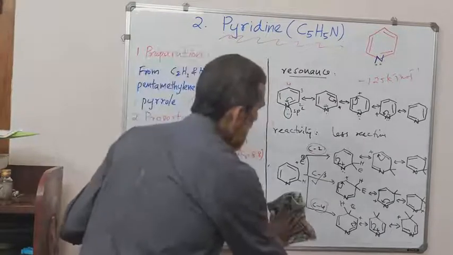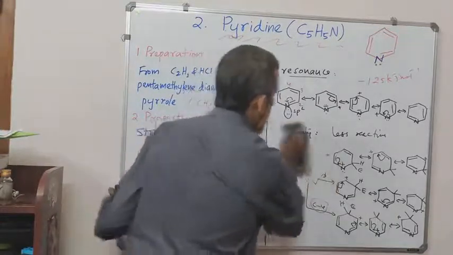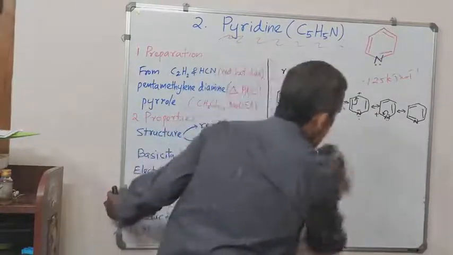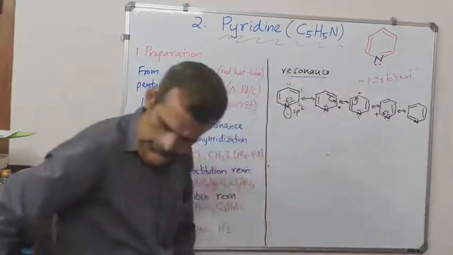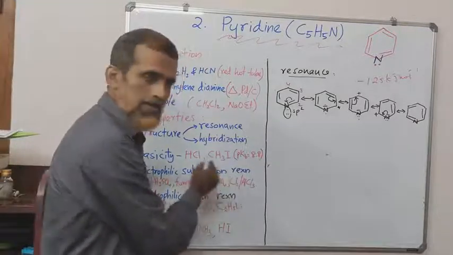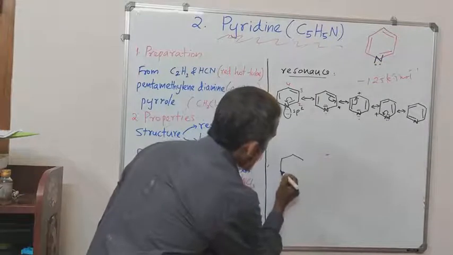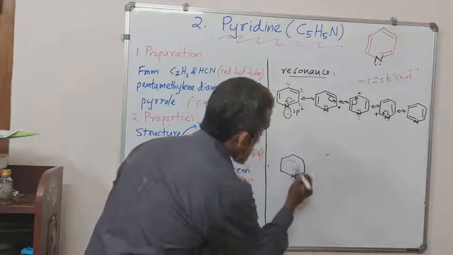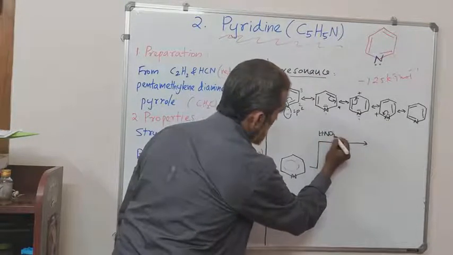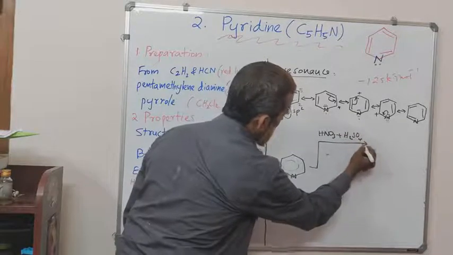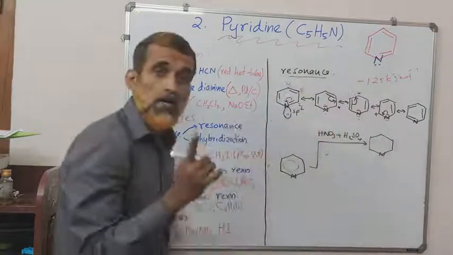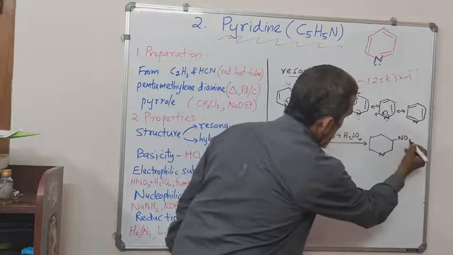Okay. Now we can take a few reactions to illustrate this. Only three we have. Nitration, sulfonation and chlorination. So let us take three reactions. Nitration using nitrating mixture, concentrated nitric acid and concentrated sulfuric acid at a little high temperature. What you get? You get nitropyridine where? Position 3. So you have NO2 here. So this is